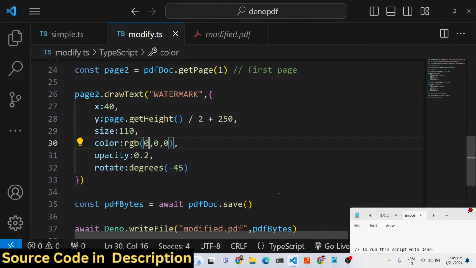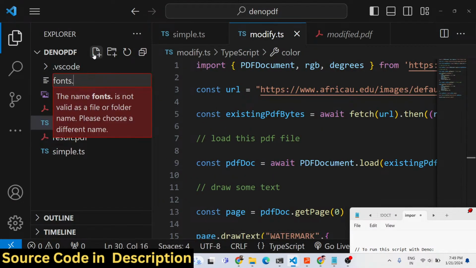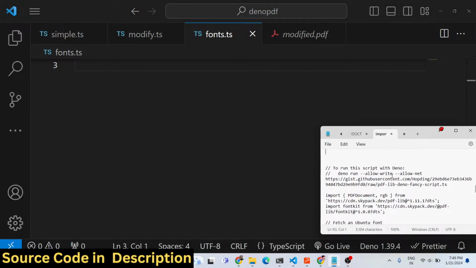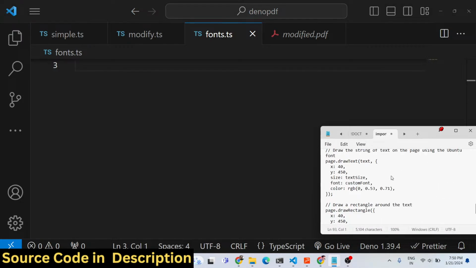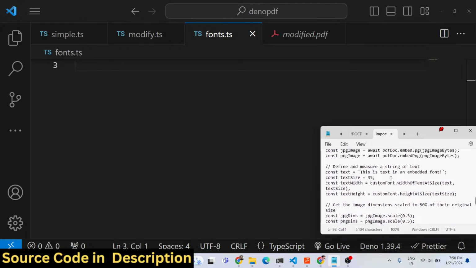And now we will look at the last example where we actually create a fonts.ts file. Here we will actually add some custom fonts. So adding custom fonts is very easy. Basically, all the source code you can find, guys, in the description of the video, which I am using right here in these examples. And